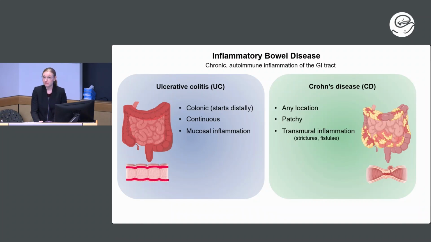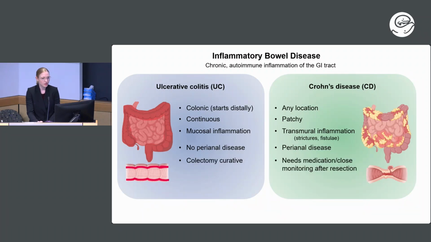In terms of the type of inflammation that's present, ulcerative colitis involves mucosal inflammation that doesn't penetrate beyond that mucosal layer of the colon. In contrast, Crohn's disease involves transmural inflammation that can penetrate beyond the intestinal wall and cause strictures and/or fistulae. Because of this, Crohn's disease can create perianal disease, and this is not seen in ulcerative colitis. Regarding the role of surgery, surgery can become a necessary part of the treatment plan for either type of IBD. In ulcerative colitis, a colectomy is theoretically curative, while a bowel resection in Crohn's disease is not felt to be fully curative.